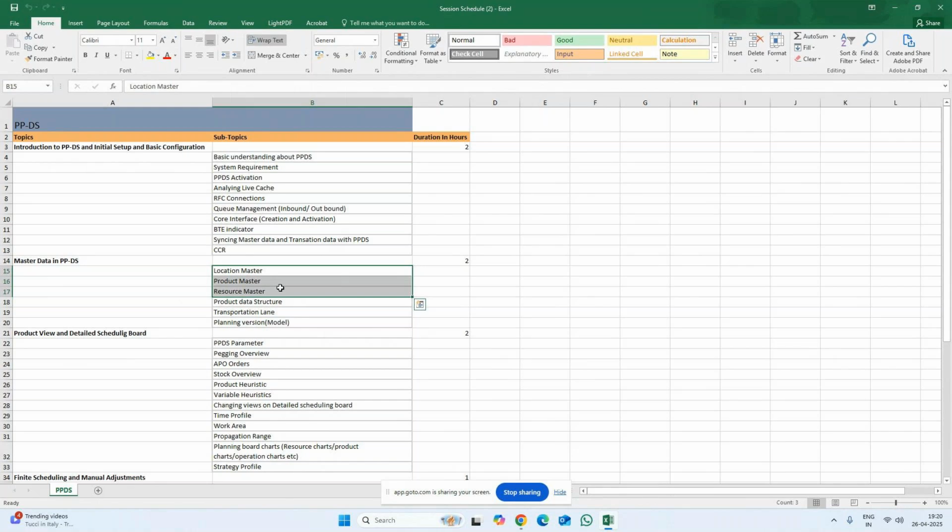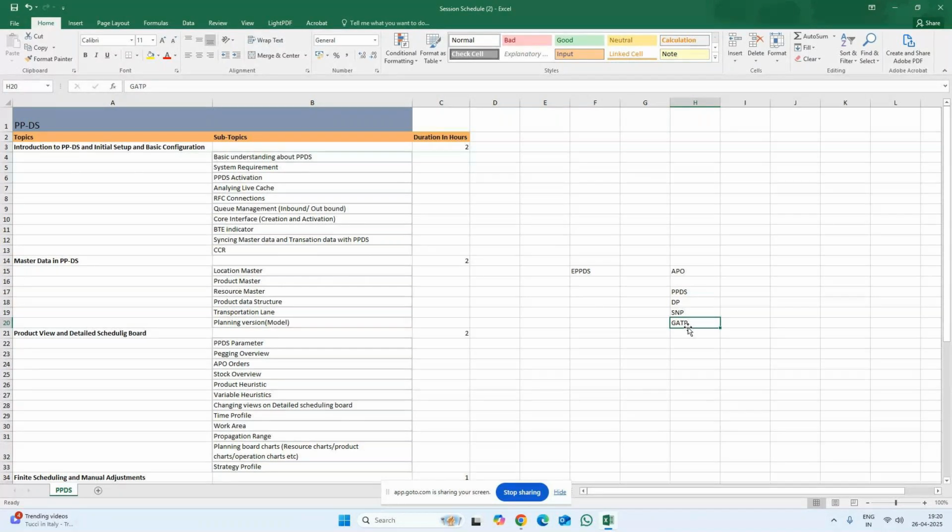Right, so I hope you guys understand the difference between ePPDS and PPDS only. ePPDS is nothing but embedded PPDS, right? In your APO, we have four components. One is PPDS. APO used to be a separate module; it stands for Advanced Planning and Optimization. Then we have DP, we have SNP, and we have GATP, right? PPDS is production planning and detailed scheduling, DP is demand planning, SNP is supply network planning, and GATP is